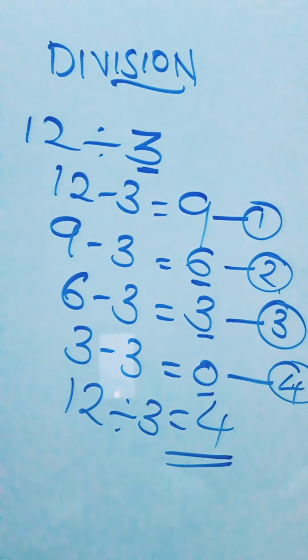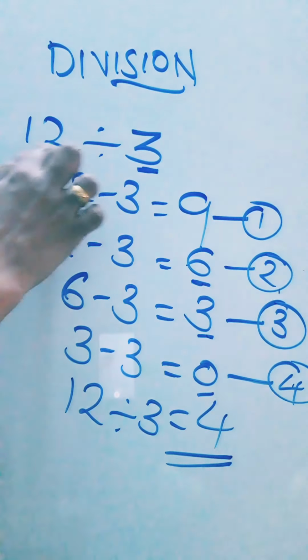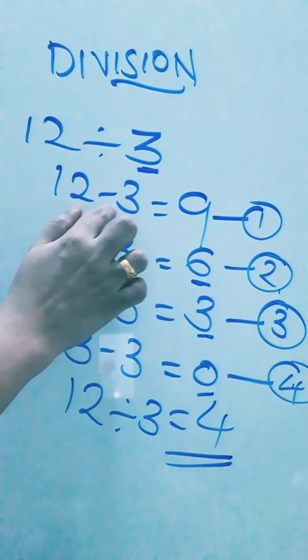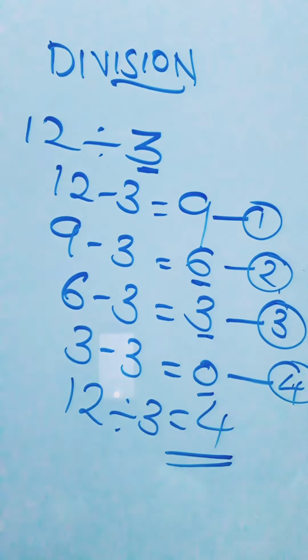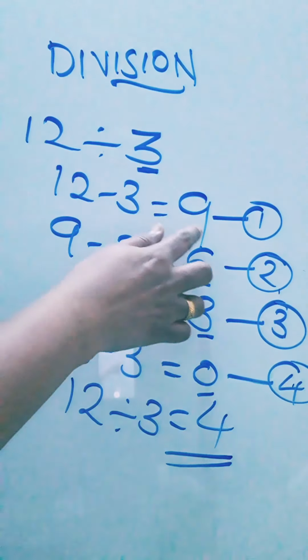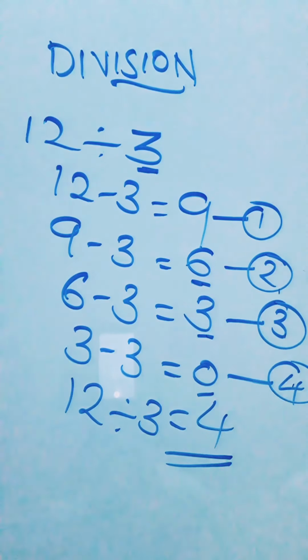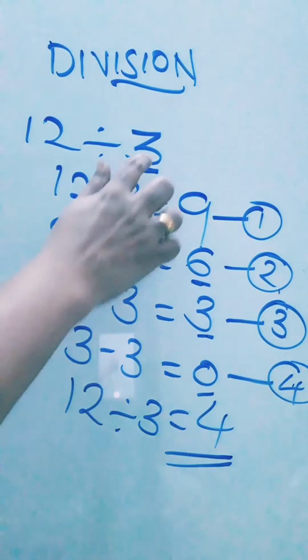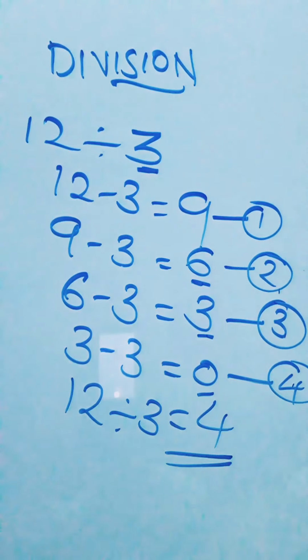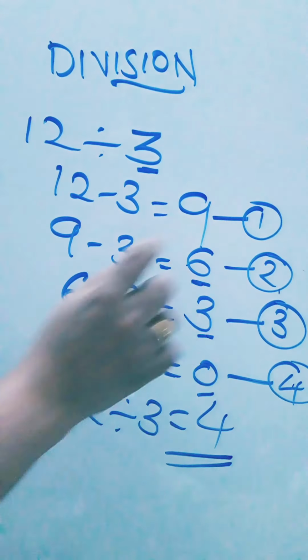That means if I want to distribute something to someone, first I give what? 12 minus 3 I did. So what did I get? 9. So how many does each child get? That only we have to find out. So 9, no. It is not the correct answer. So again I will do repeated subtraction. 9 minus 3 because we have to distribute equally. 9 minus 3, 6.